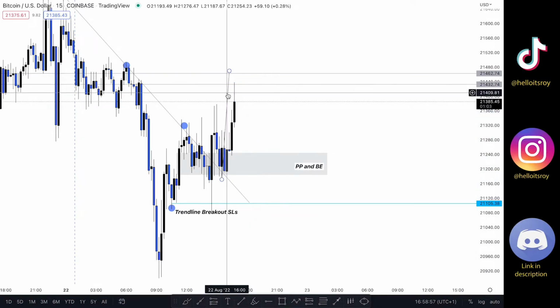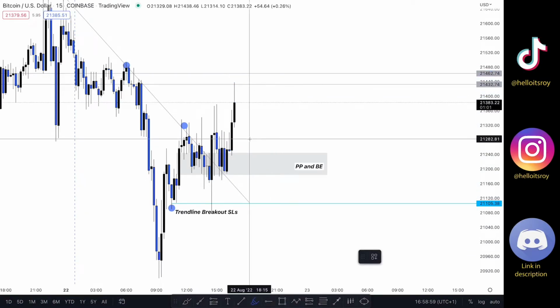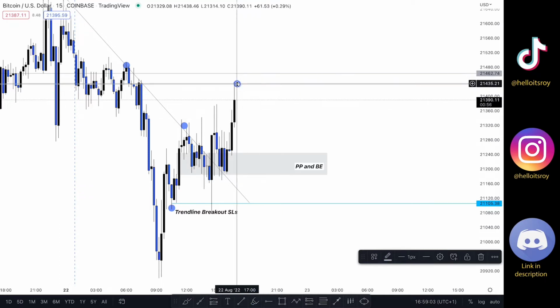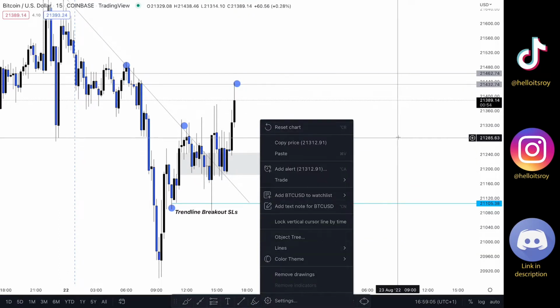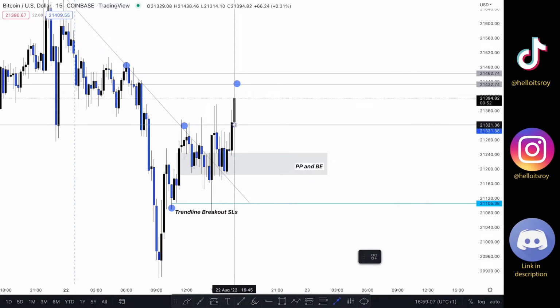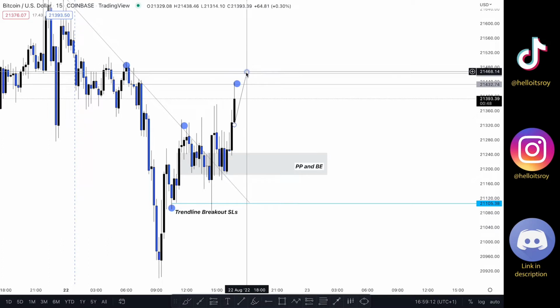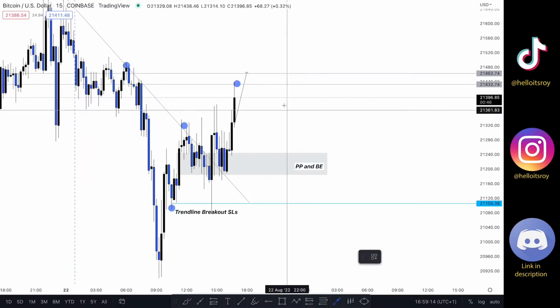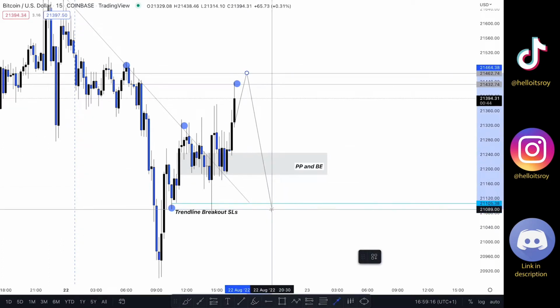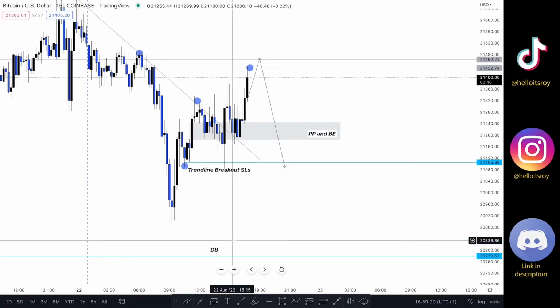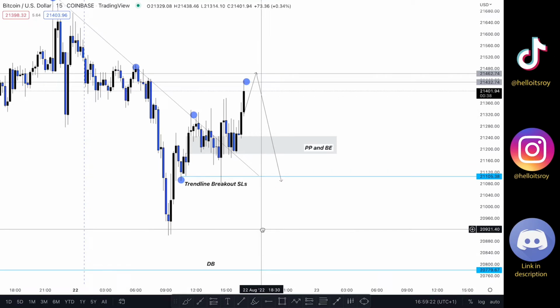Bitcoin as well, we're creating this hourly high right here. That's happening right there. And I've entered, however, I do believe that from a scalping perspective, what's going to happen is that the market is going to push through to the upside, take out this hourly high right here, touch this line right there, and then push through to the downside and take out the liquidity right here. I've sent on Discord that I'm waiting for this low most probably to be taken.